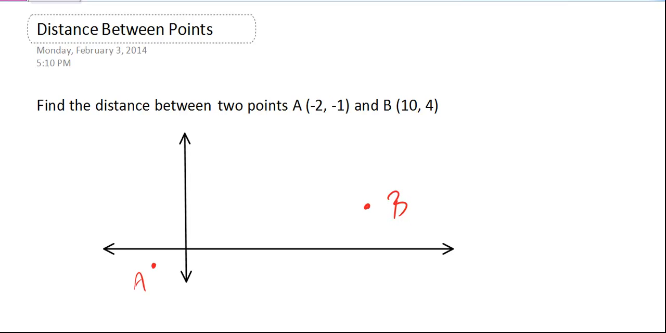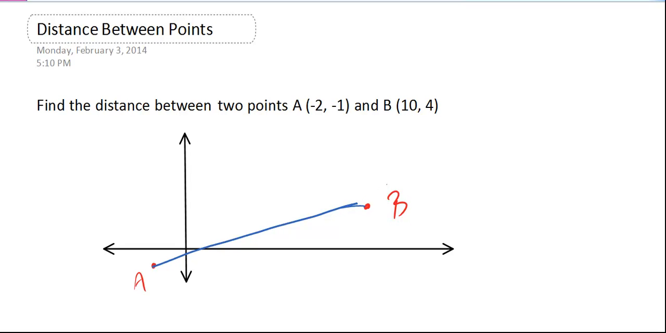Hey guys, today we're going to talk about finding the distance between 2 points in the coordinate plane. So we're going to take a look at this example. We have point A at (-2, -1) and B at (10, 4). And the first thing we're going to want to do is draw a line connecting these 2 points, pretend that's